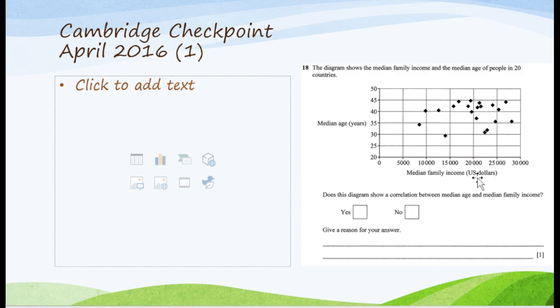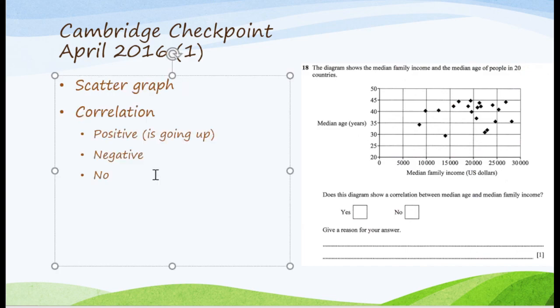Positive is when you see all the dots looking like they are going up, then that one is positive. But when you see a scatter graph and everything is going down, then that one is negative. And if it's so random, you cannot see whether basically it's